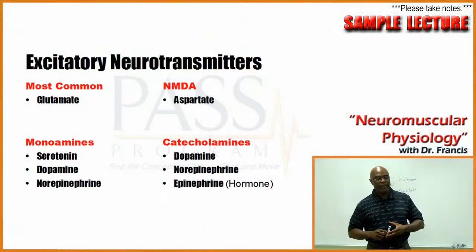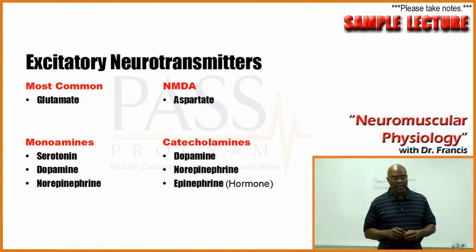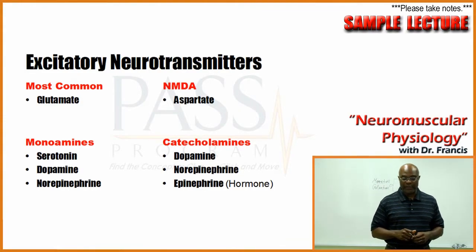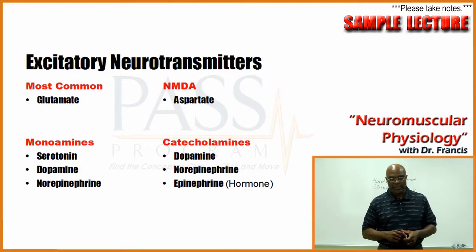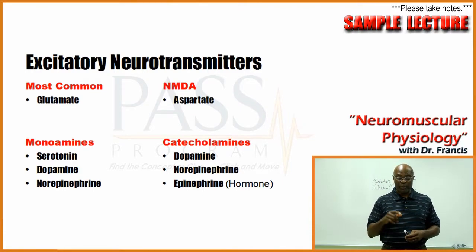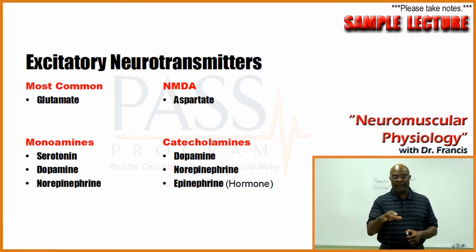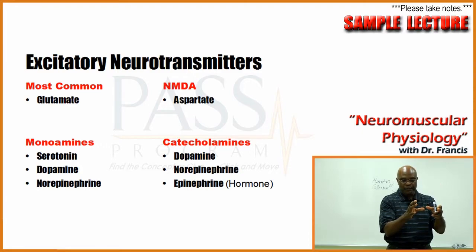What about monoamines? The monoamines are serotonin, dopamine, and norepinephrine. But then if you say catecholamines, then we're talking about dopamine, norepinephrine, and epinephrine. But remember that epinephrine is a hormone, not a neurotransmitter. In fact, I put them in order for you so that you remember dopamine is made first, then you modify